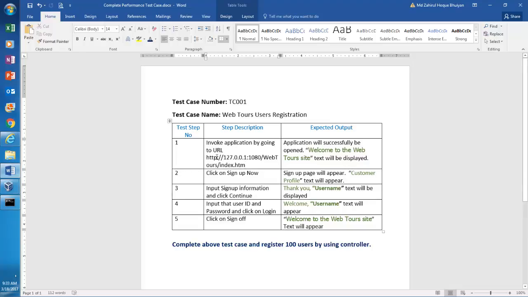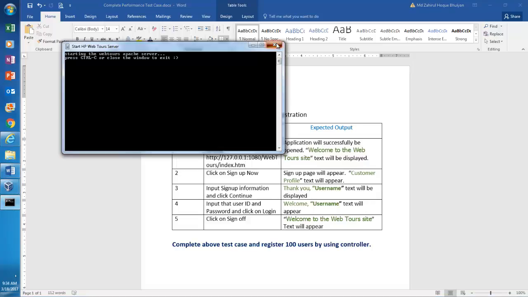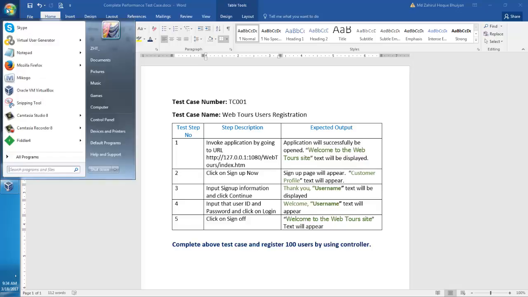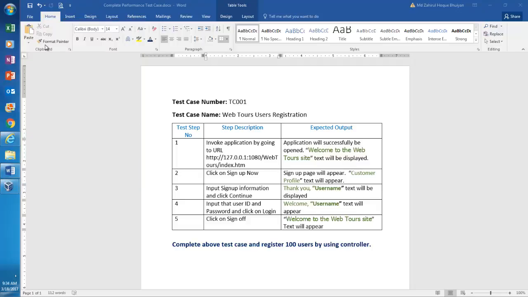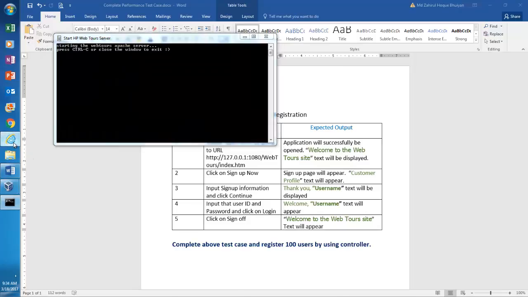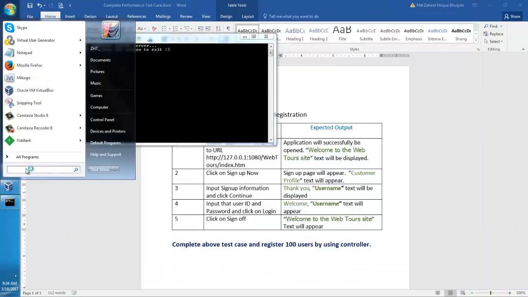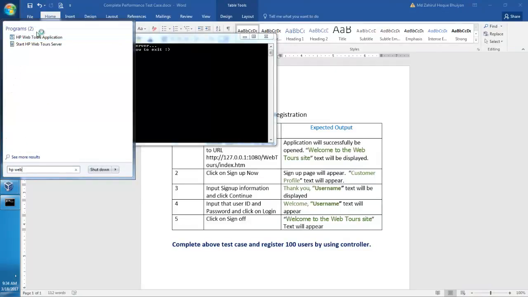Now, how do you bring this web tour application? First, what you will have to do to bring this web tours application, we already know, but I am going through it. It will be a complete session on this LoadRunner. Now, how do you bring this? The server, HP web. Can you see this server, right? After you bring this server, then you will have to bring this application. How will you bring this application? HP web tour application, right? Okay. So our first step is